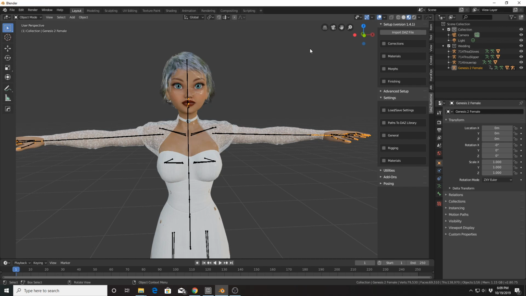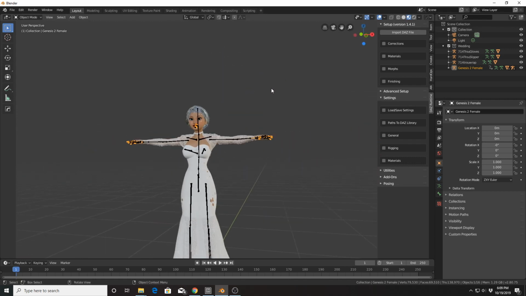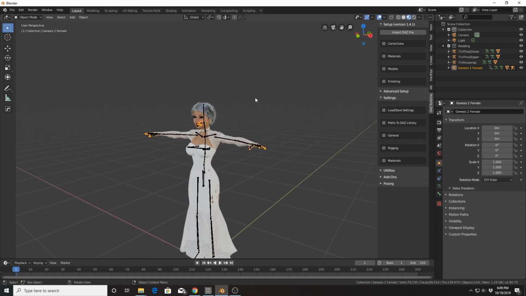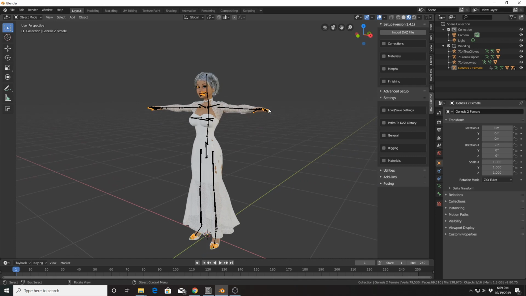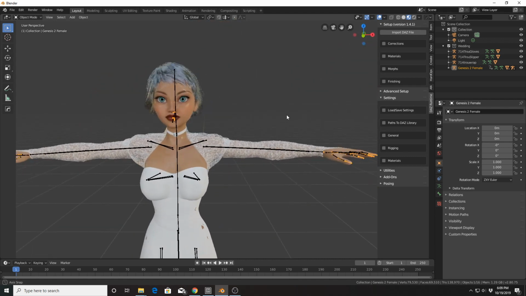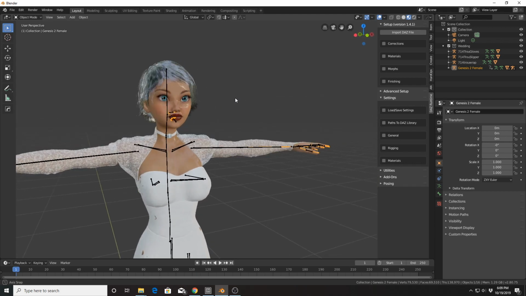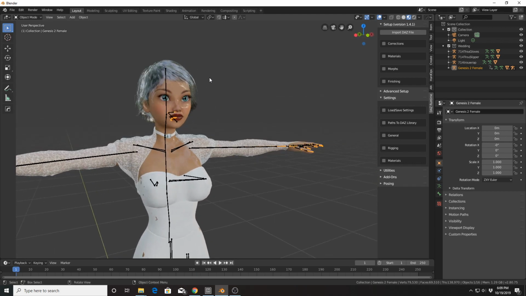Alright, I went to the, what's it called again, the look dev instead of going fully to rendered view, just to save some resources. And it took a while for the shaders to compile, and that's what took me a while. And here's our character, and for the most part the shaders look okay. I don't particularly care for all the glossiness of the skin, but we could probably adjust that later.